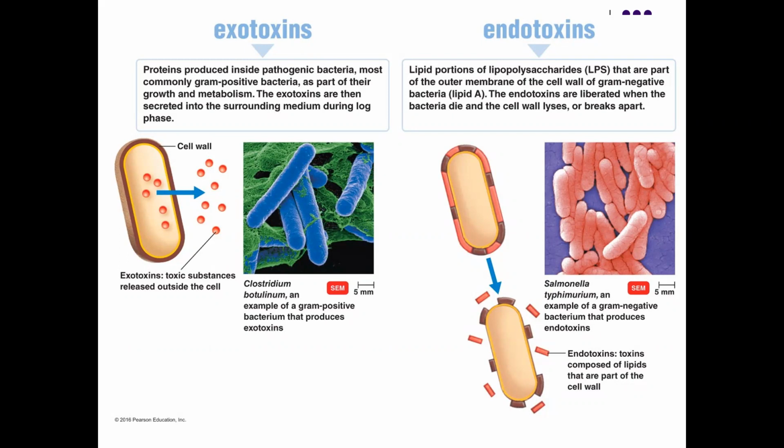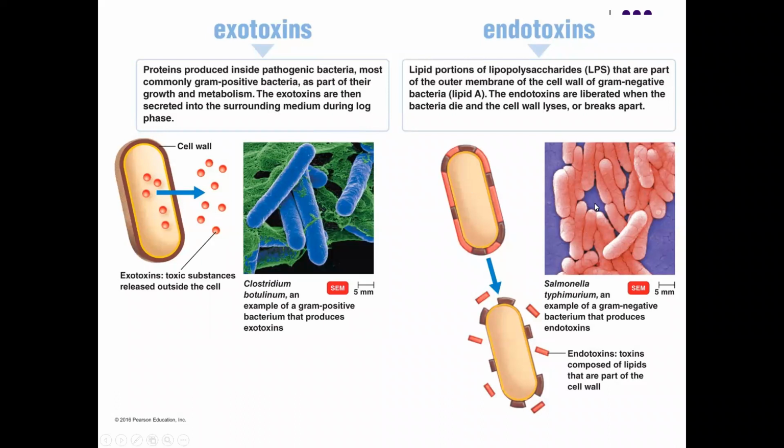So that they're an actual product, an actual substance. That's what these little red bubbles are representing here in this picture. So the bacterial cell just literally makes these chemicals, releases them, and these chemicals hurt us or make us sick, okay? Now, endotoxin for gram-negative is different because endotoxin isn't like a product that the bacteria makes.